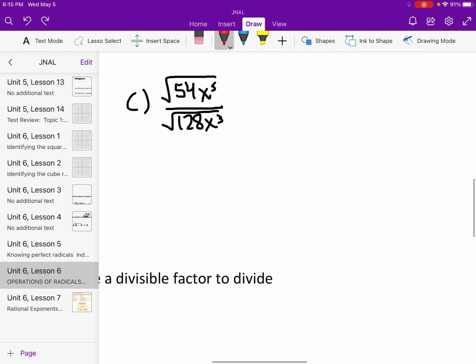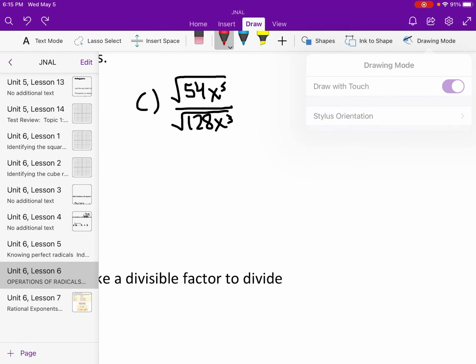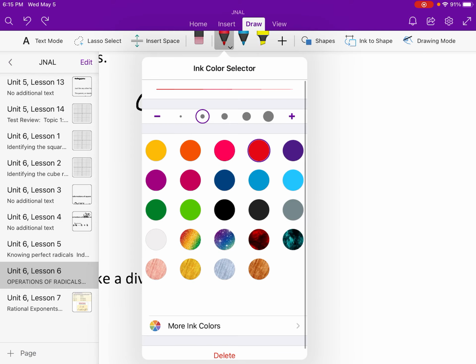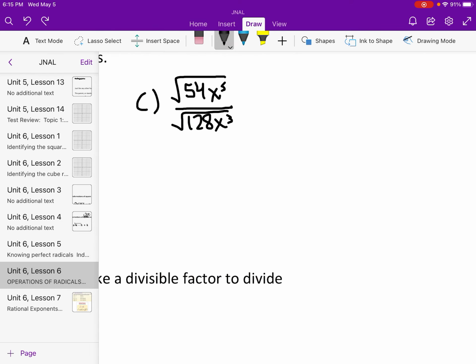Alright, this one, now we have dividing. They do have like indexes of 2, pretty much. Although, I know they are 2, but I'm going to make them 3. Sorry about that. I think I meant to do that because that would make this a way more complicated problem. So we need to